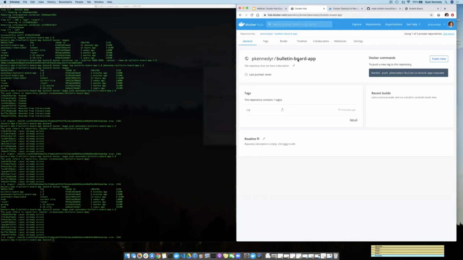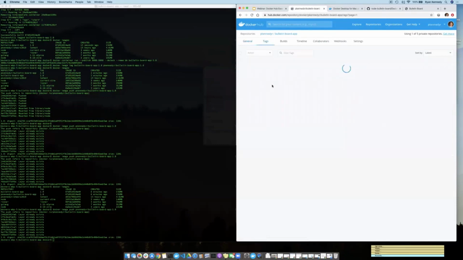And so you can easily share those images on Docker Hub. Okay, so at this point, we've got our Docker Hub account. We've connected it to Desktop, and we have our Docker repository. A key point here is that a repository can hold many images. In this case, we have our single 1.0 tag, but you can push multiple versions of this image into the repository as well. If you wanted to view additional tags, you would just click into the tag view here, and